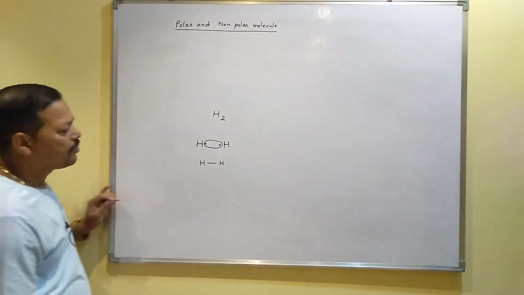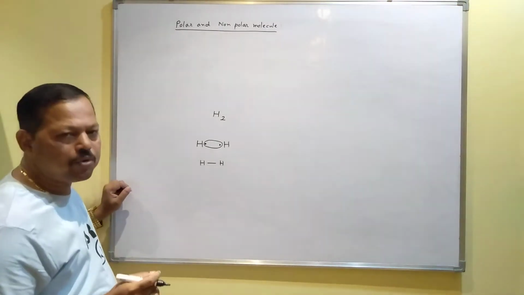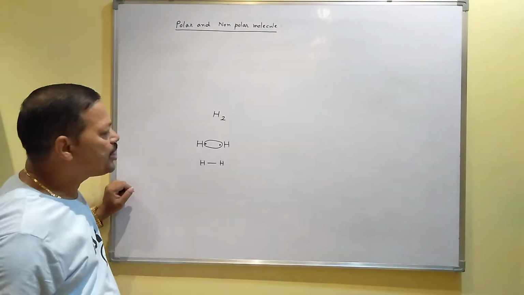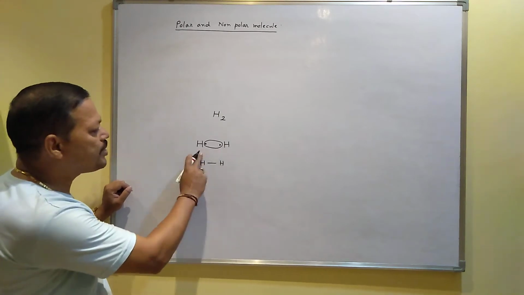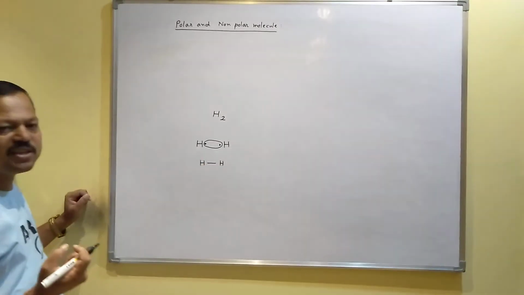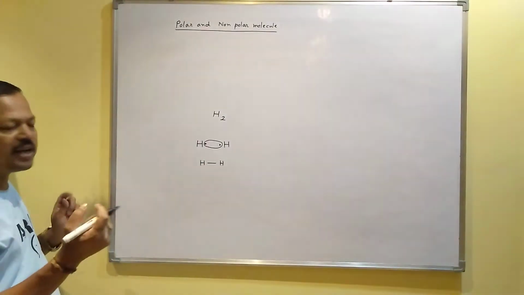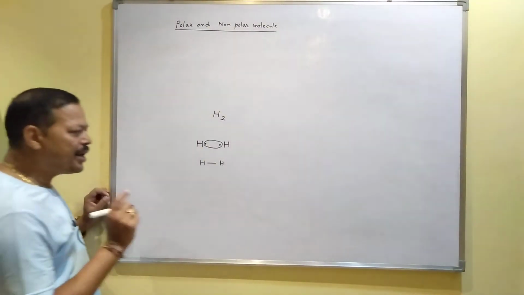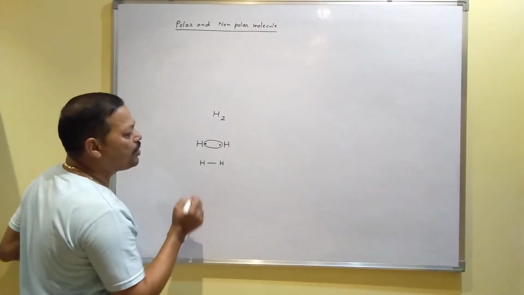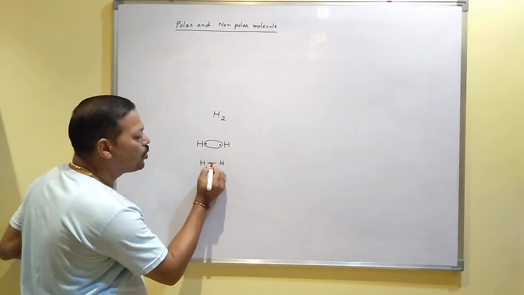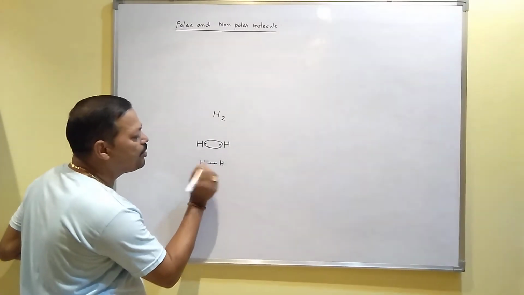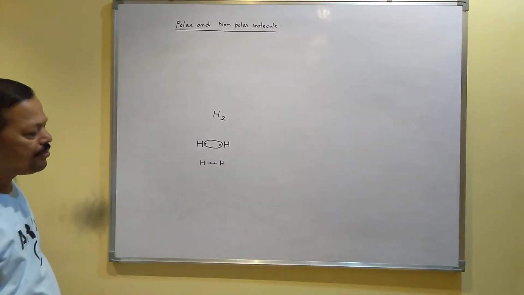hydrogen. Here the attracting power of both the hydrogen atoms is the same, because since the atoms are the same, their electronegativity value is the same. I mean they can attract equally, and that is why in this type of molecule the bonded electron will be present at the middle position of the bond. But